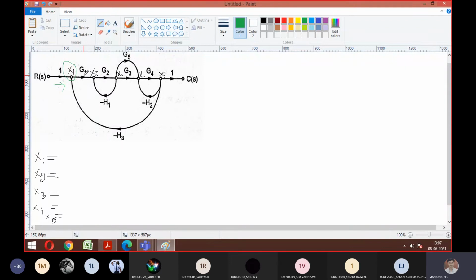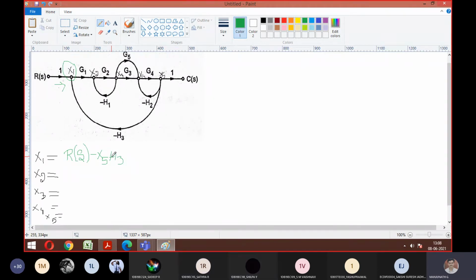Whenever you find leaving, it is like an intermediate signal. Whenever you write the x2 equation, that time you are supposed to consider this. I hope you remember what we wrote in the variable equation. So just write the things that are entering for x1. We can conclude it as R of s, the entering part I am talking about, and from x5 minus h3 is entering. So I can write minus x5 into h3. Is it the first equation? Yes or no? Yes, sir.